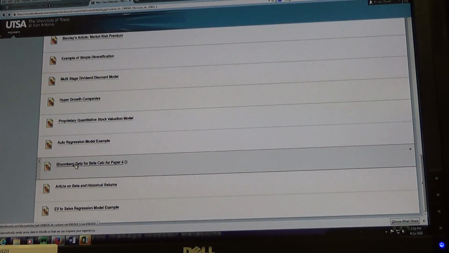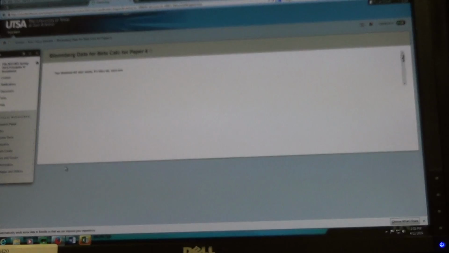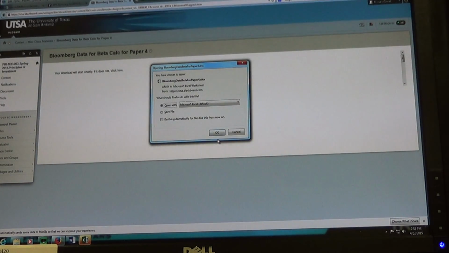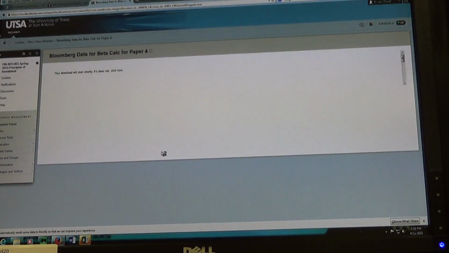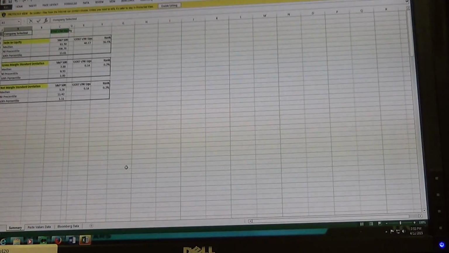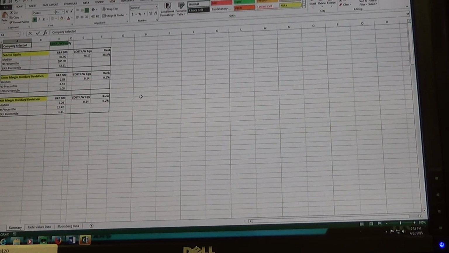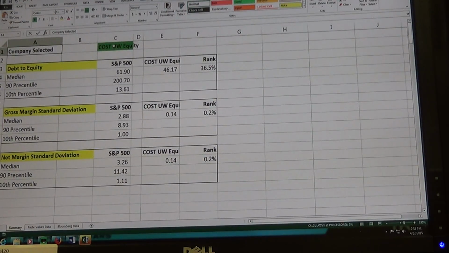It's called Bloomberg Data for Beta Calc. So I'll bring that spreadsheet up. And it's extremely important in this spreadsheet when it comes up that you don't just type the ticker of your company in. Instead, what you need to do, and I'll expand it out, is go to C1, hit the equal sign, and